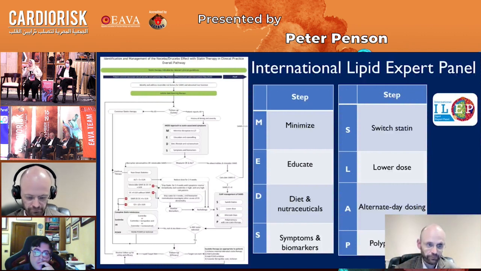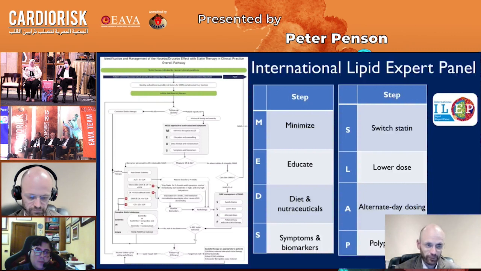And we have an acronym which we call MEDS, which is a generic approach to addressing and dealing with statin-associated symptoms. So M stands for minimize, that we need to minimize disruption to lipid-lowering therapy. E stands for education and counseling, that we need to educate patients about the benefits as well as the risks of statin therapy, so that they can make a patient-centered